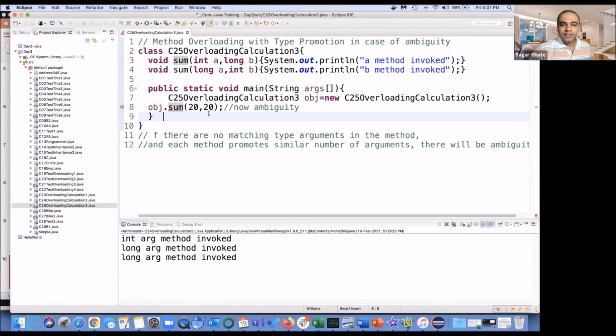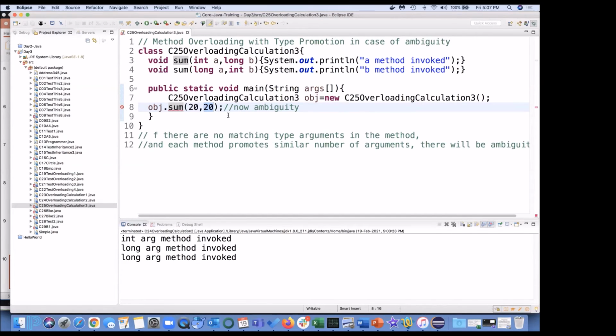You have to be more specific while calling this. So if such scenarios happen, then the programmer has to explicitly mention the type of argument which he or she is sending. Okay. Yeah. Sure. Thank you.